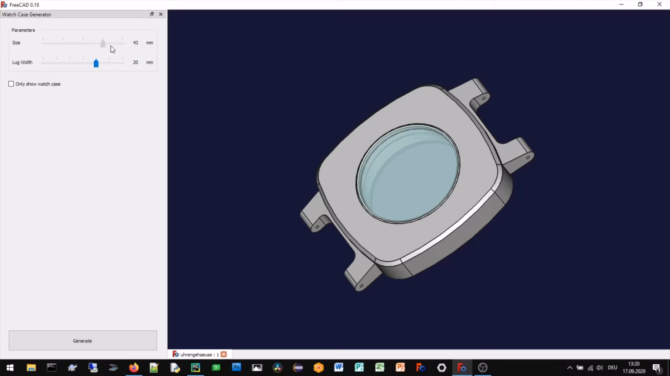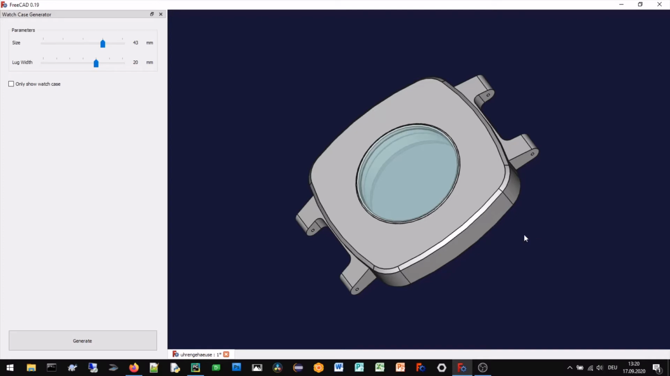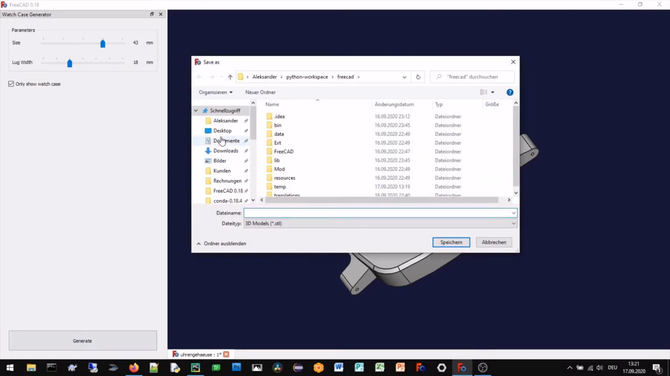And in this case, I have developed a watch case generator which creates a 3D model of a watch case, and you can afterwards download the case. Not only that, you can also hide the irrelevant parts of the watch case. You can see what 3D model is going to be exported, and then by clicking on generate you can save